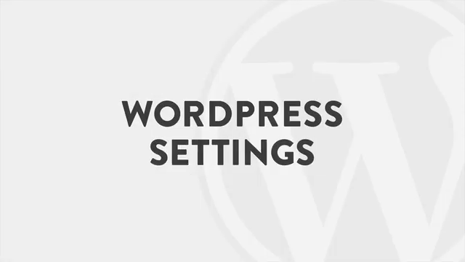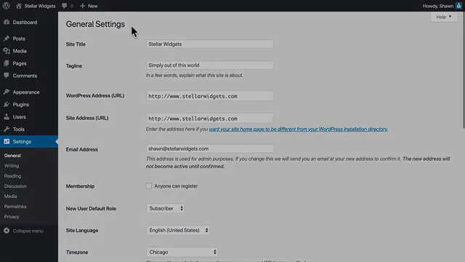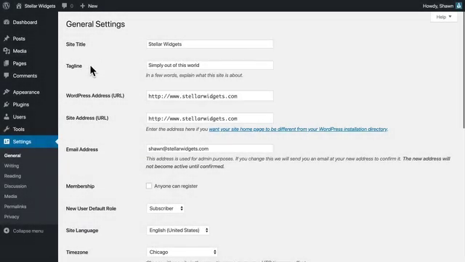In this video, we'll talk about how to configure your settings to optimize and get the most out of your WordPress site. Now, we're going to cover a lot of ground in this video, so if you're ready, let's dig in. The General Settings panel controls the most basic configuration settings for your site, like your site's title, tagline, and